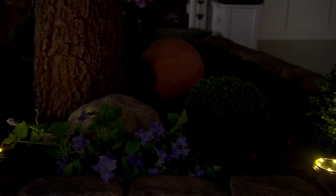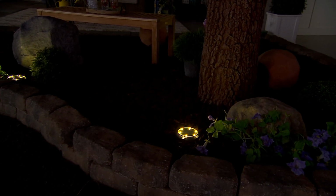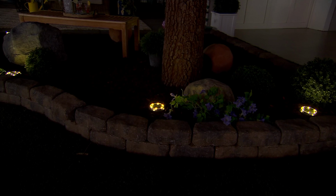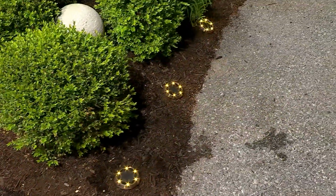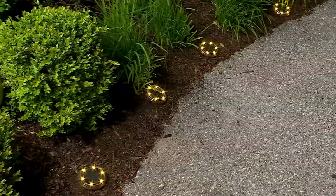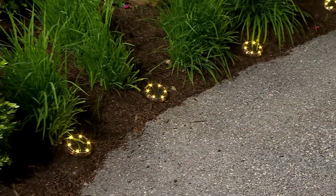I have 2 of them at the edge of my driveway where there is absolutely no property lighting or municipal lighting, and I have them uplighting our mailbox. They are so amazing at nighttime when you're trying to walk up and down your sidewalk. They are so bright. And again, they're these flat pancake discs, so they look so